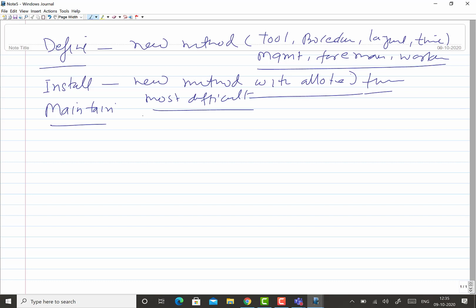And to maintain means it has to be practiced for a longer time, so that the positive results of the new method can be realized.